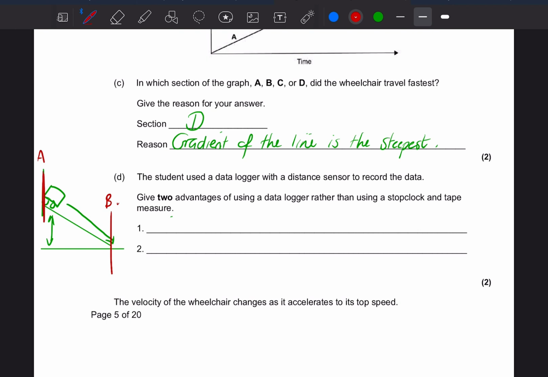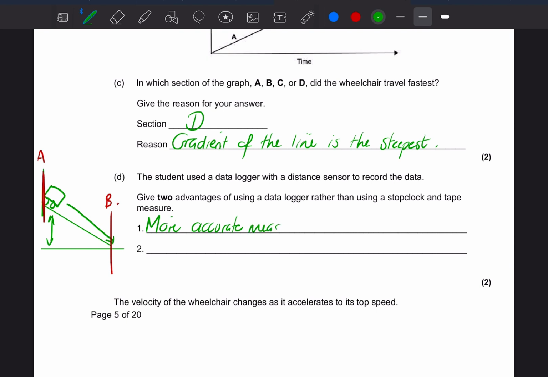It's used in the Olympics. If someone's running the 100 meters and you see Usain Bolt's got a new world record of 10.58 seconds for his 100 meters. Sorry, 9.58 seconds. There wasn't a guy stood there with a stopwatch doing that because that's not going to be accurate. So we use these light gates, which are connected to a data logger, and it just gives us a really accurate time. So there are two advantages of using this data logger. It's going to be a more accurate